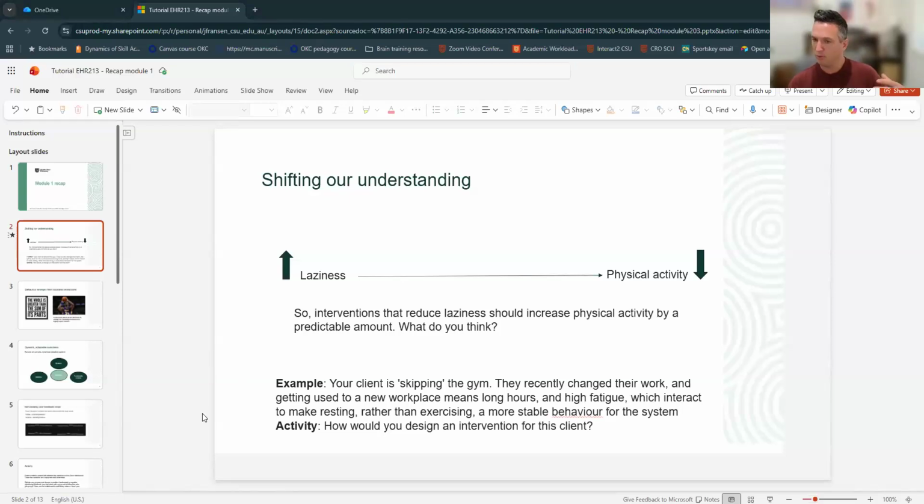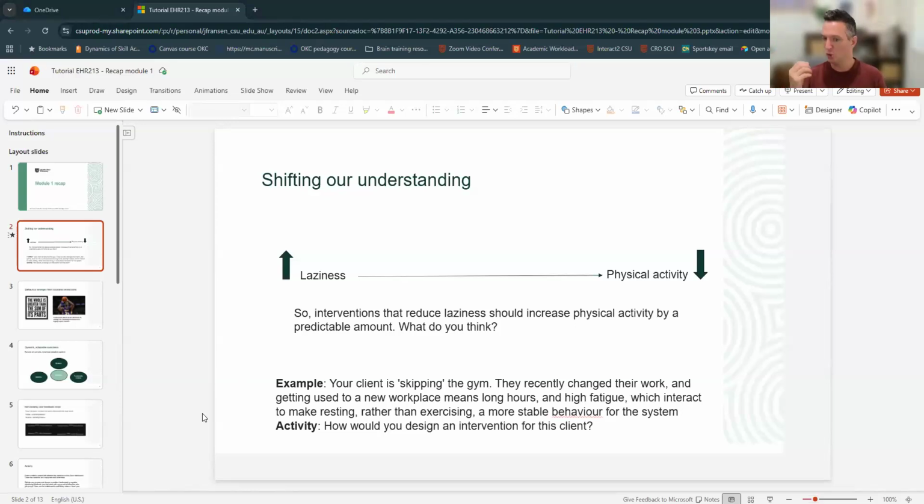A very commonly formulated argument. They say, well, as you get lazier, your physical activity level goes down. And they say that is because lazy people aren't physically active. Of course, we now know that that is a hugely reductionist way of thinking because imagine this example. I'm going to ask you to unmute later, type in the chat, whatever's most comfortable for you.